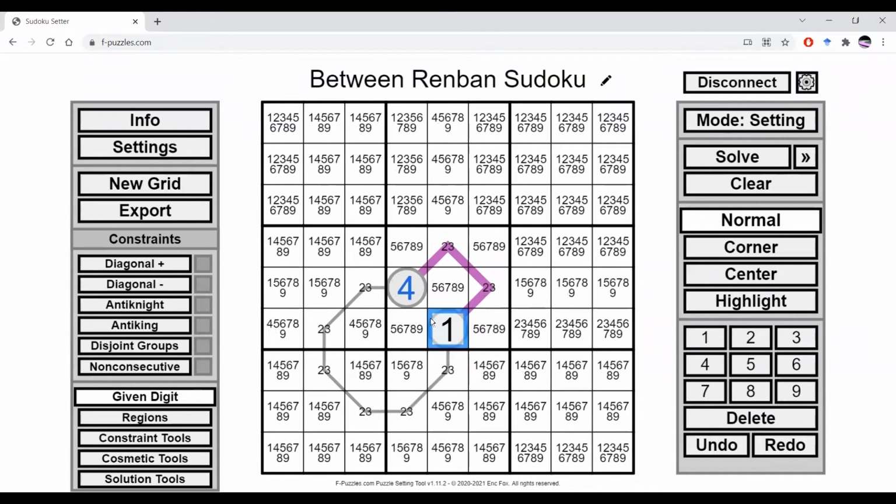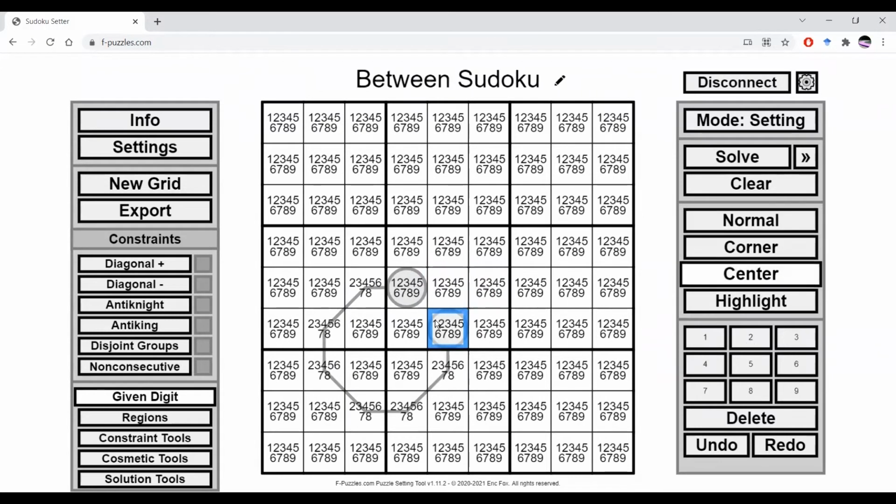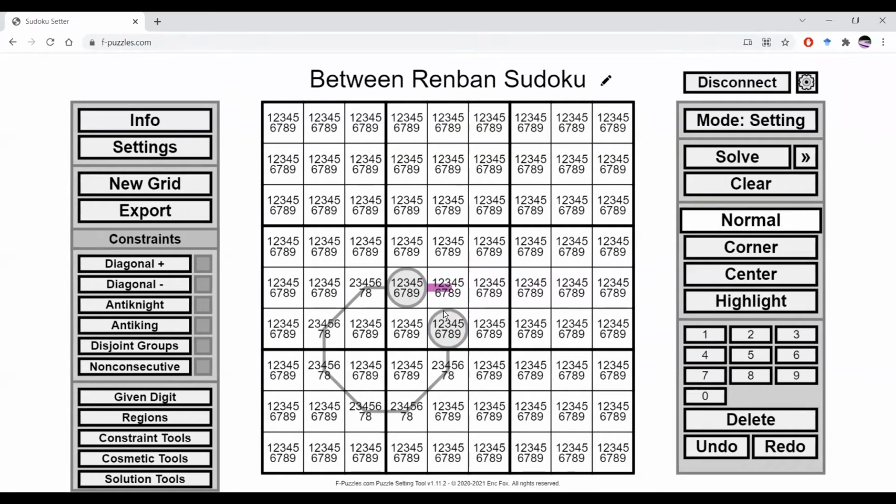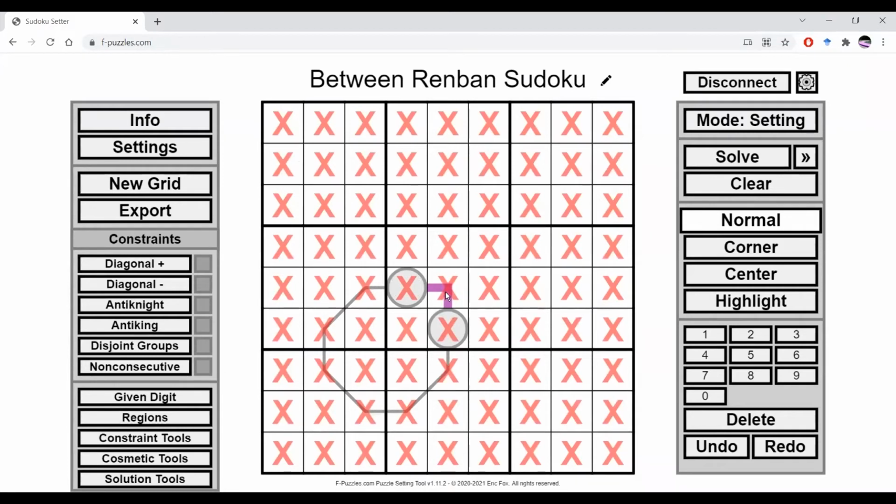I can put a 1 in, and that immediately puts a 4, 2, 3, 2, 3. Now I know this would happen. This is by design. But if you didn't know that this would happen, if you didn't have this idea yet, and you had, for example, gone, oh, well, renban and between lines, what if I just make it so that there aren't many digits between them? There's only one. Well, that doesn't work